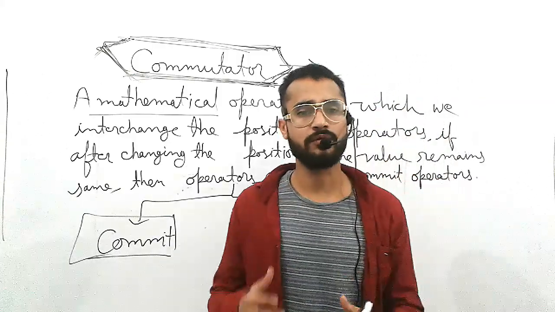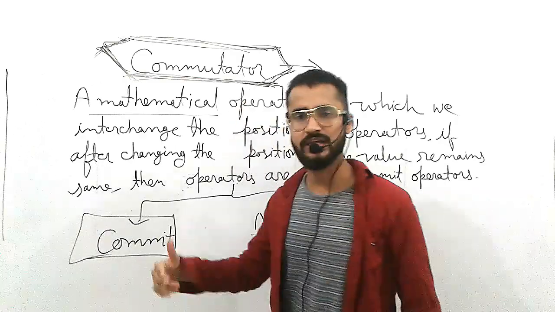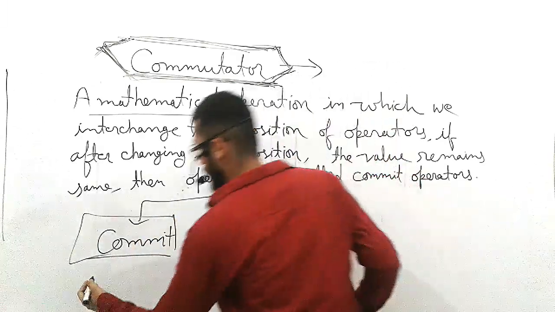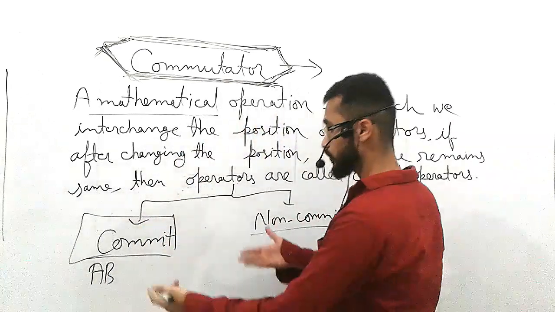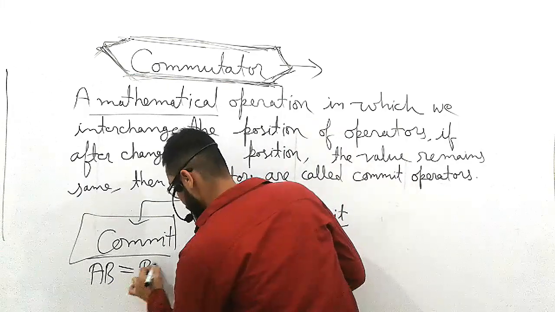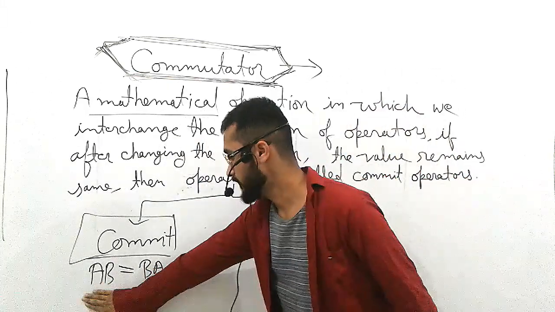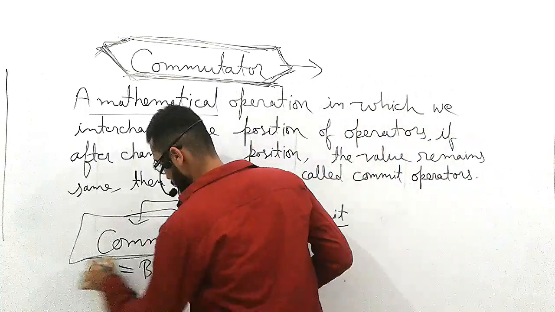Whatever will be, we will live together. That's the basic fundamental theme of commute. It means if I say AB, the two operators, is equal to BA. It means after interchanging the position, their values remain the same. And that's why it's called commute